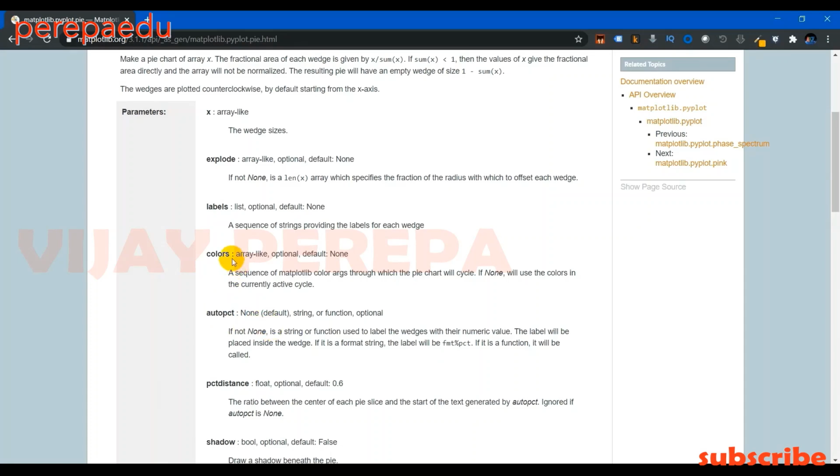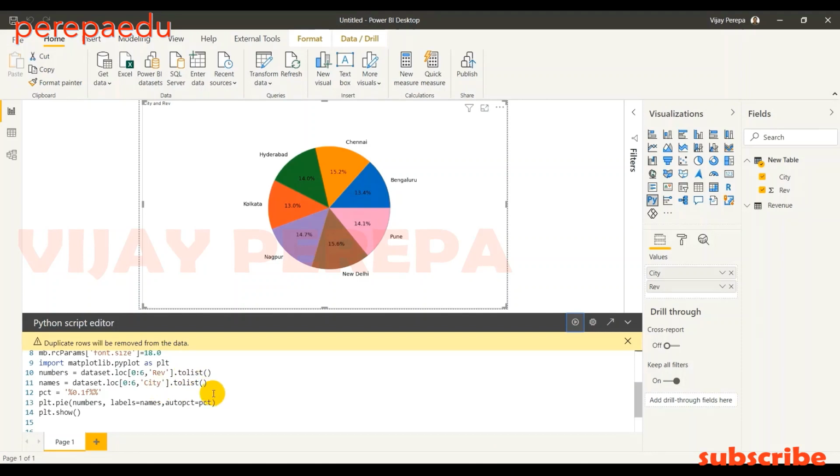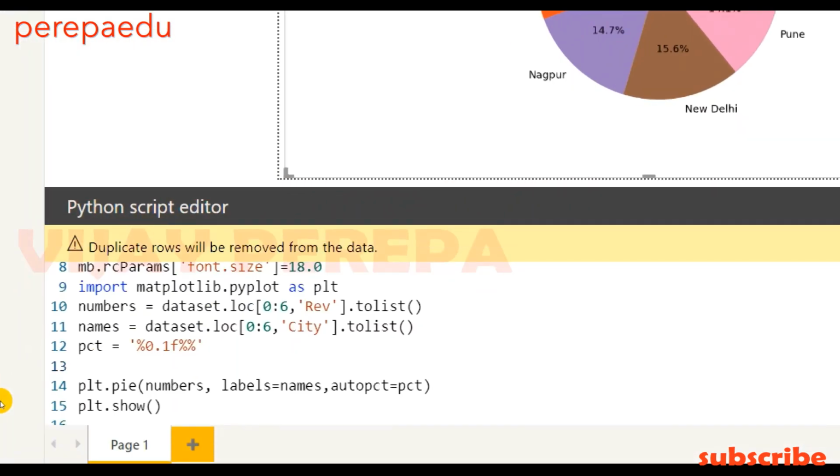Now I'm using colors. For that, let me jump into Power BI. There, I need to use 7 colors because there are 7 values. So let me create a variable called colors equal. I can simply start writing like gold and then light blue, then sky blue, then green, and then I can say light green, and then say red. There are 6, and then finally pink.